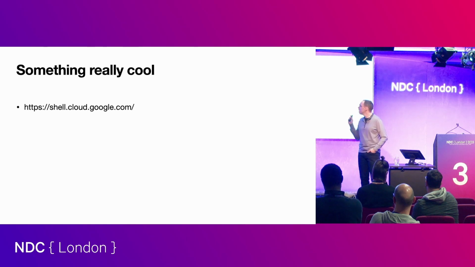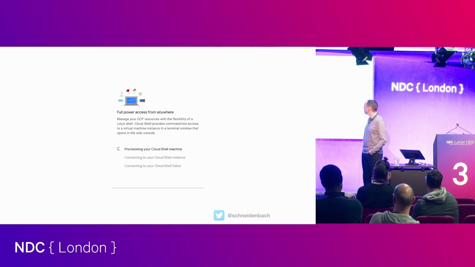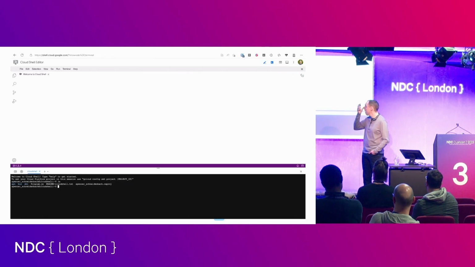There's something else really cool: shell.cloud.google.com. This was something that I talked to a person who works at Google as one of their advocates. They pointed me to this, and I was really impressed with what it is, which is pretty much a cloud shell that you can use to interact with Google Cloud services. But more than that, it does have some compute behind it. I'm not saying it's the fastest thing in the world, but it gives you like 5 gigs of storage or something, and I was able to create and execute and run some .NET projects. So tip of the iceberg kind of thing. I don't know of any cloud provider that provides something this cool that anybody can use without a Google Cloud account. So I was very impressed with this.